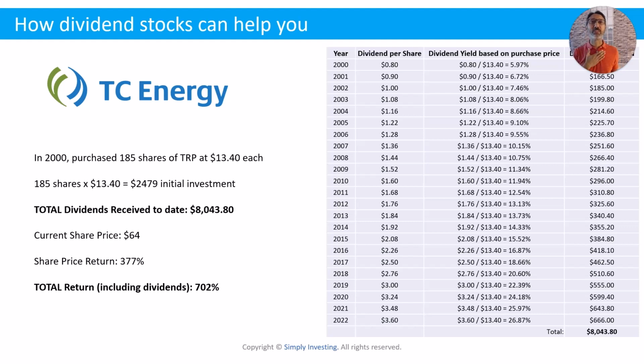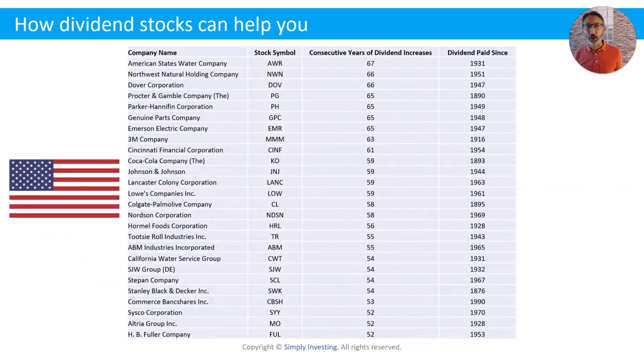So then as a dividend investor, how do I have any confidence to invest in companies like these when the dividend can be reduced or eliminated? So I get the confidence by looking to our past, looking at the history. So what you see on the screen here are a couple of US companies. I have a much bigger list, but this is just a small list here. You'll recognize some of the names on the screen: Colgate, Palmolive, Coca-Cola, Johnson & Johnson. And you'll see that some of these companies have been paying a dividend since the 1800s.